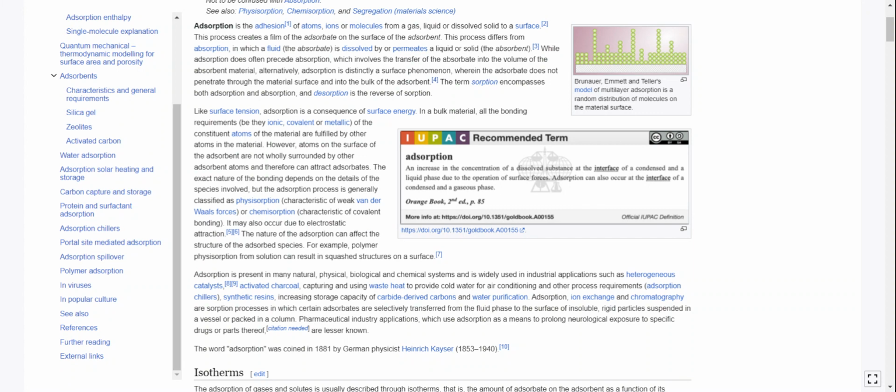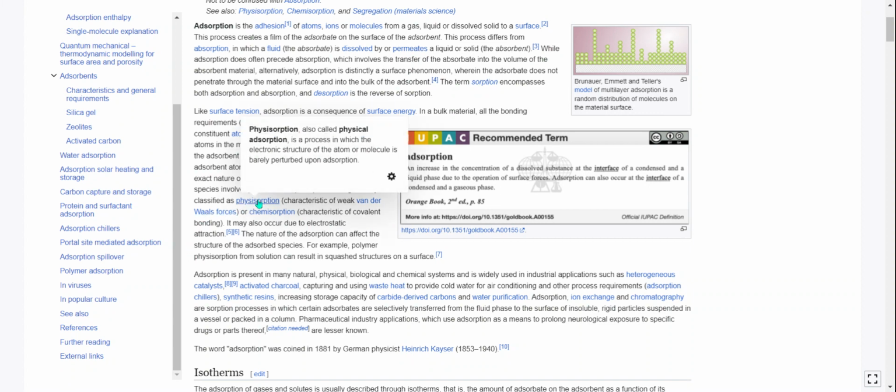It may also occur due to electrostatic attraction. The nature of adsorption can affect the structure of the adsorbed species. For example, polymer physisorption from solution can result in squashed structures on a surface. Okay, physical adsorption is physisorption, a process in which the electronic structure of the atom or molecule is barely perturbed